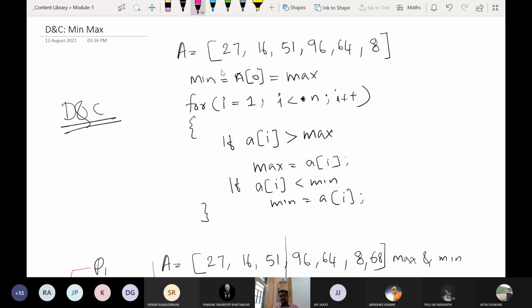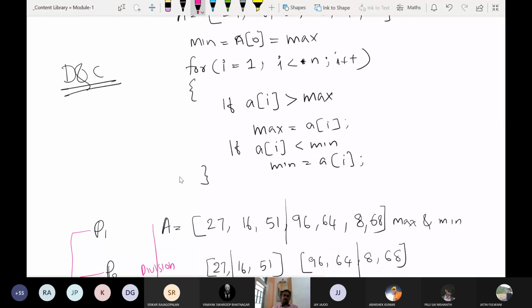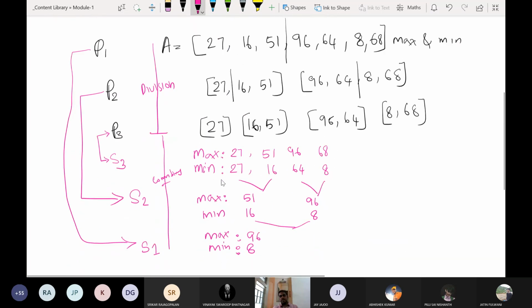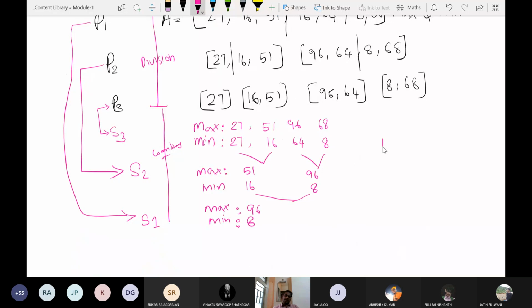So you cannot say that you just count the number of comparisons here and in the second approach, and arrive at a conclusion that the number of comparisons will be exactly the same. Not like that. It depends on the input array, in what way the elements are organized. If I use the same set of elements in a different order, the number of comparisons will be different. But if you test the same array with the traditional approach and the divide and conquer approach, the number of comparisons will be less. That is what we can say.